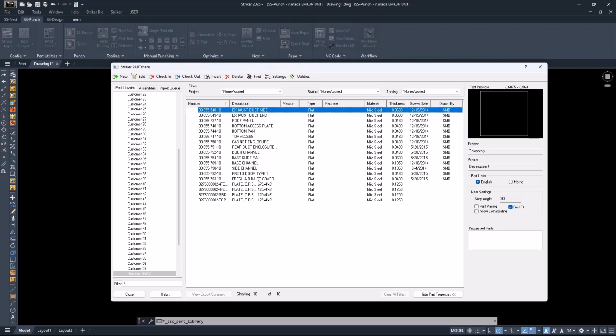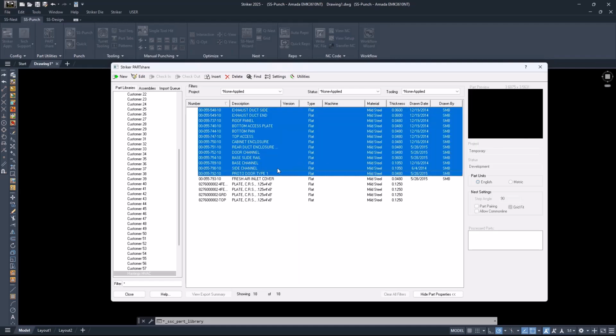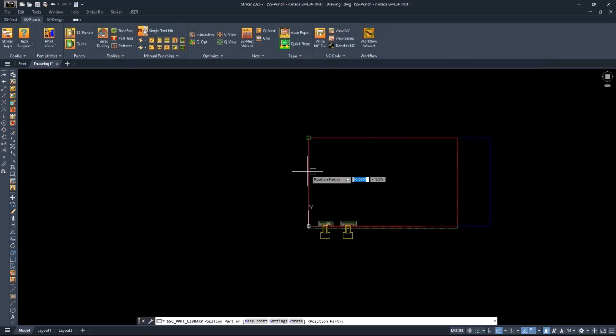And one thing about punching, so punching is a little bit of a different animal in that when you are doing programming for punching, there's kind of two different philosophies. One is that you apply tooling to all of the parts ahead of time and make sure that you have everything exactly the way you want it and have tooling consistency and so on. And the other,